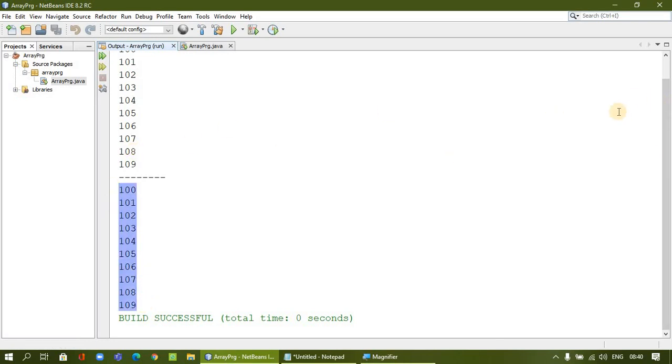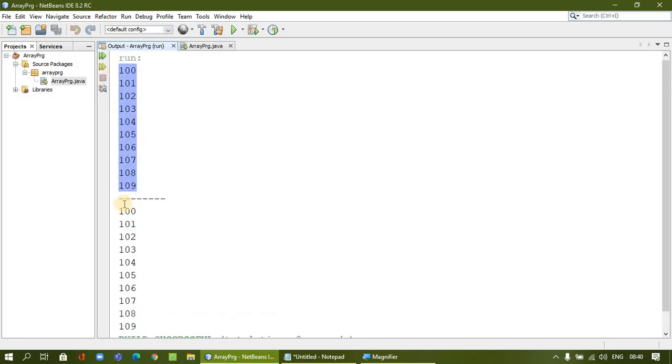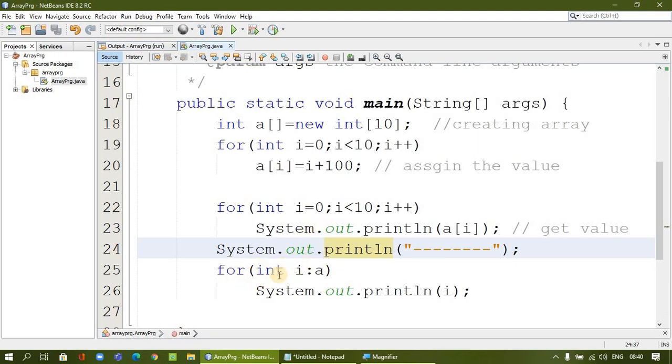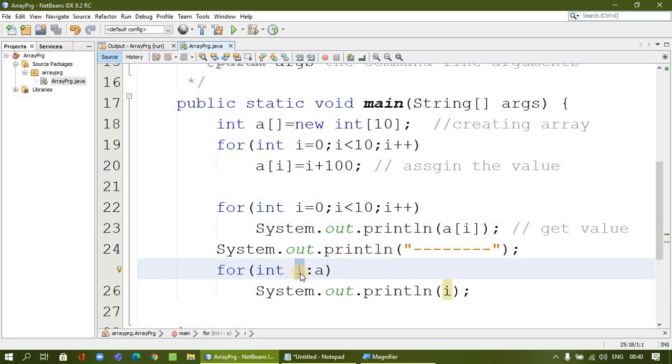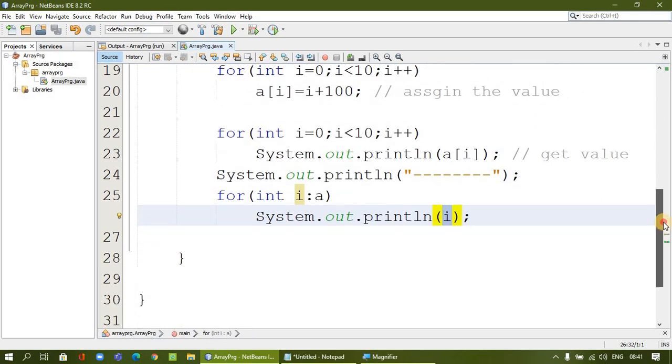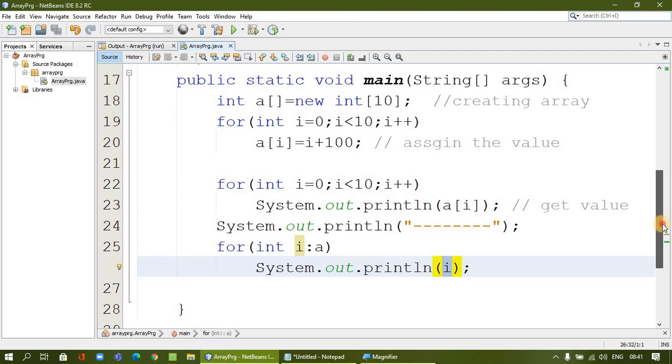So whatever we printed using the for loop, we can also access through for each. So this is by using the for loop. And the same values we receive through the for each loop. This is the easiest way to access the data. So for each, whatever the data type we have for the array, we will declare whatever iteration variable we want, and in which we are going to have the actual array value. So the array value will be obtained and stored in the iteration variable. So that iteration variable we are printing here, then we will receive the value. So this is the way to work with the single dimensional array.